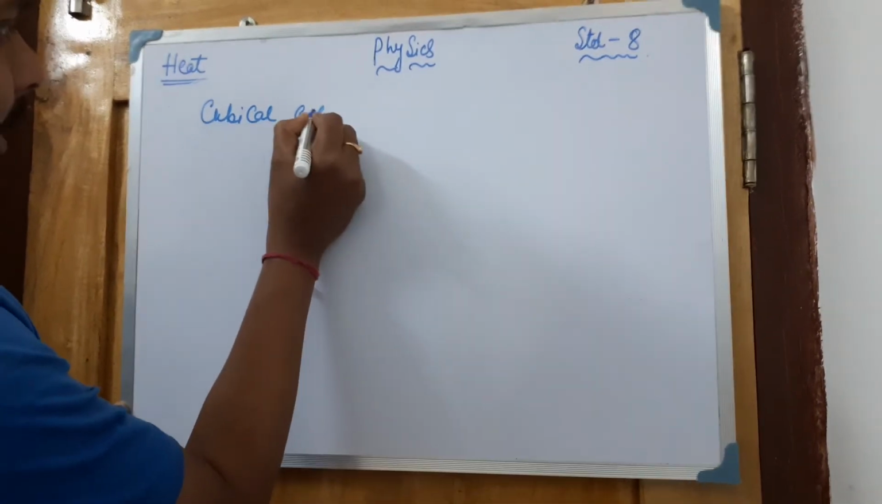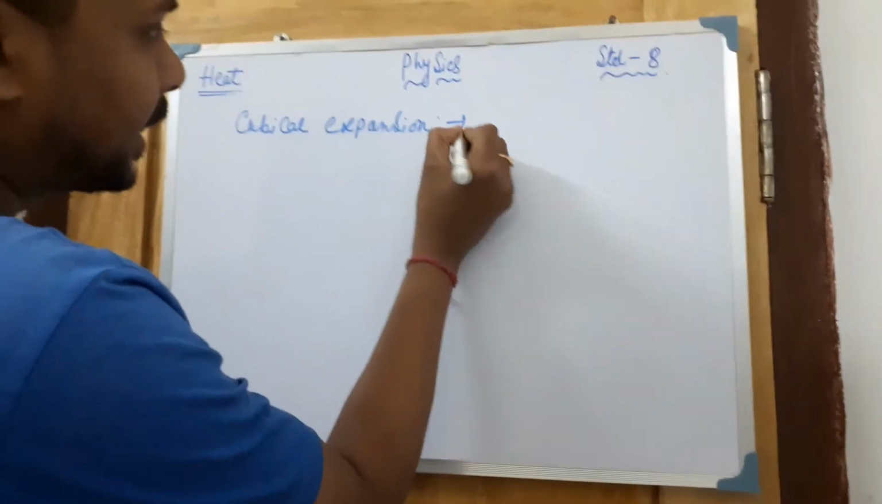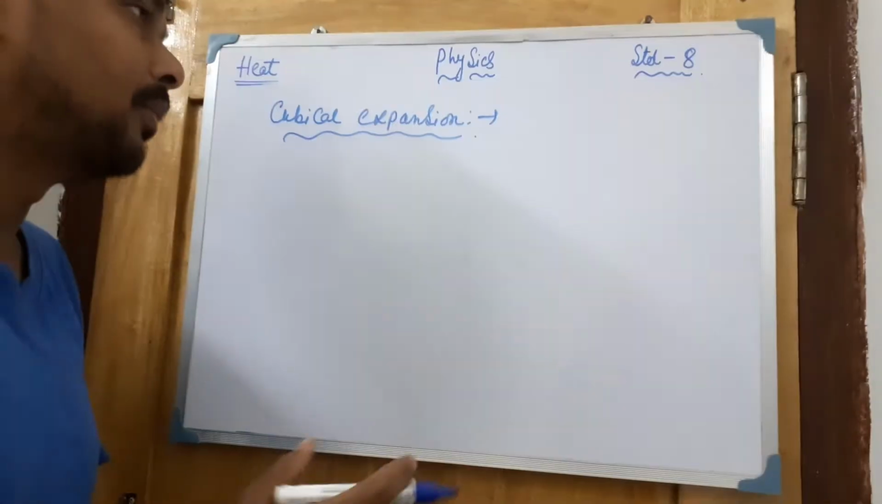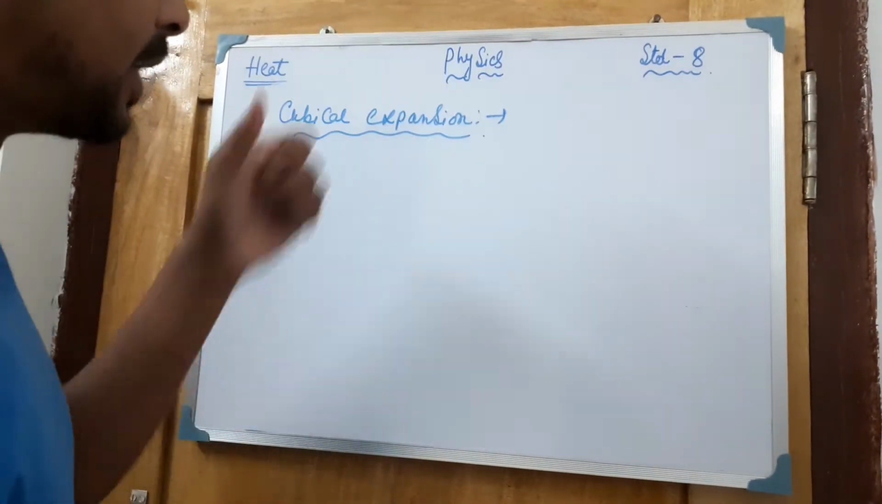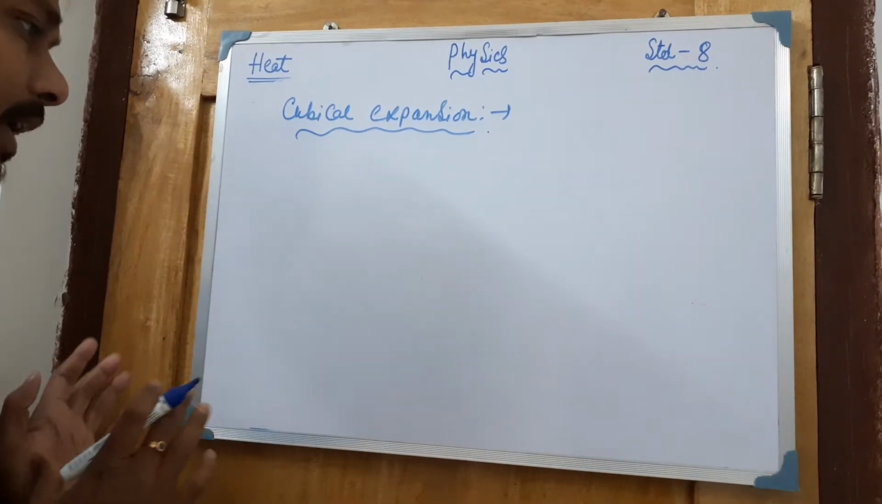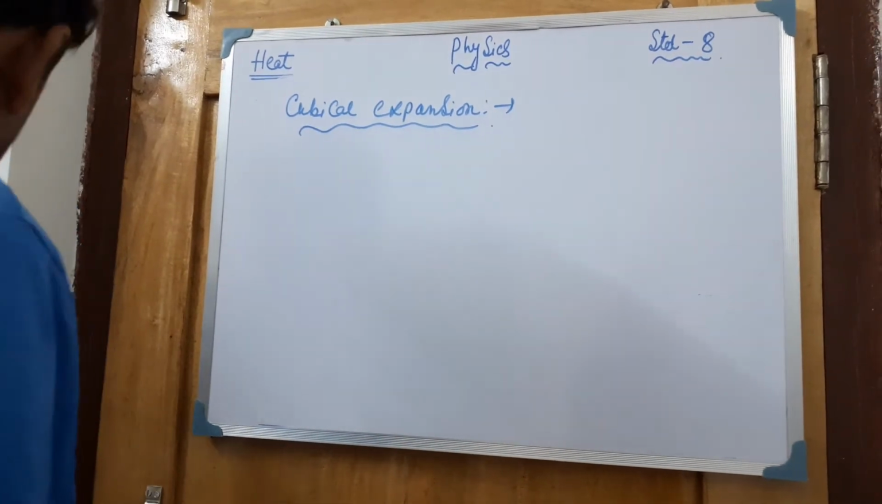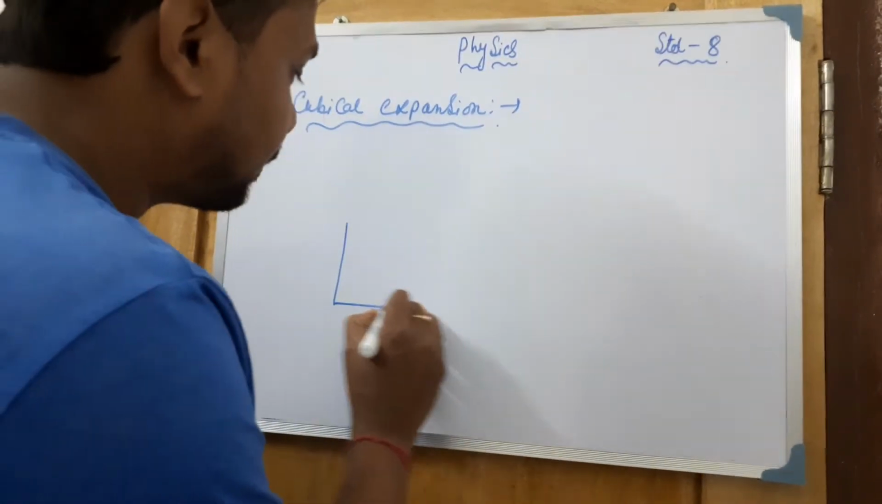So cubical expansion, if you are talking about, then cubical expansion means the volume expands. If the volume of any liquid is just expanded, then cubical expansion will be there. One example is given in your book, so from there I am just talking about that. In a particular hot water chamber or